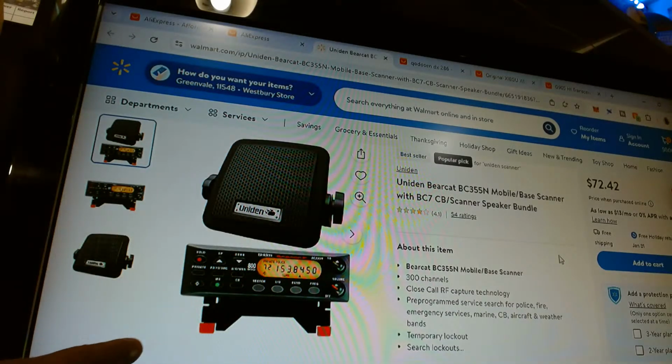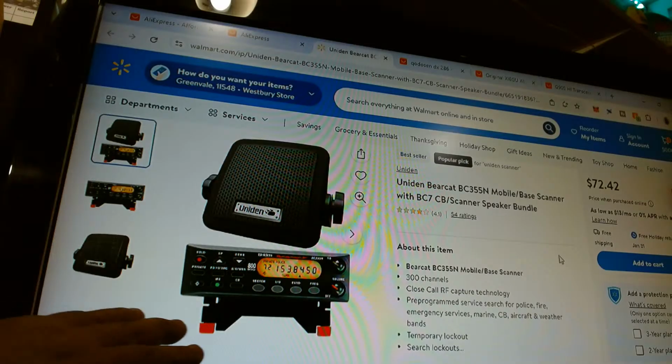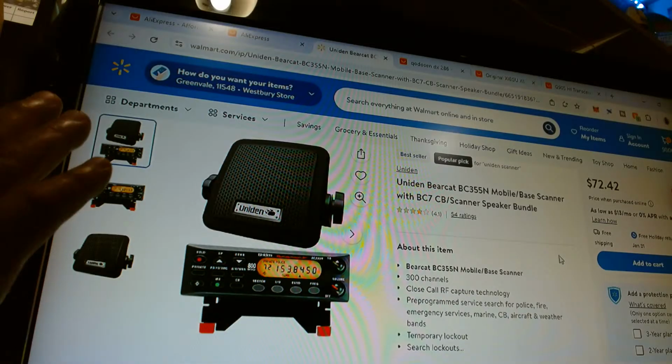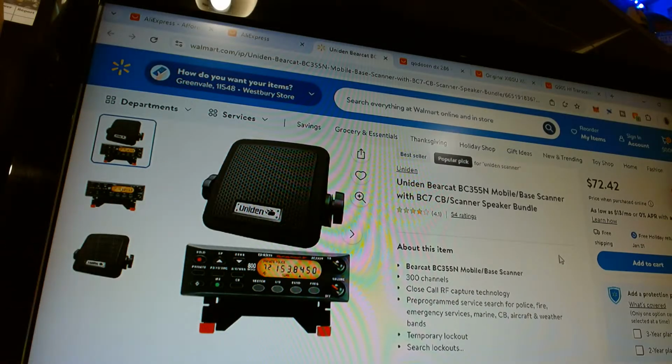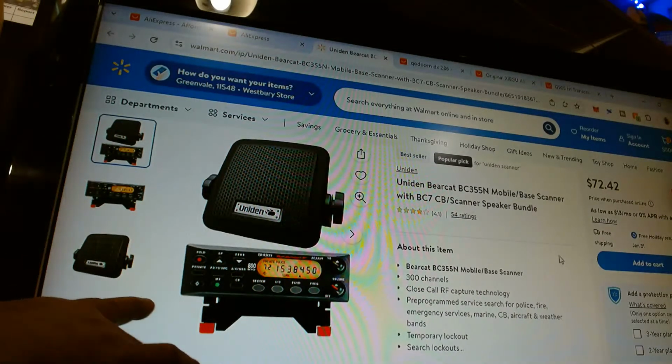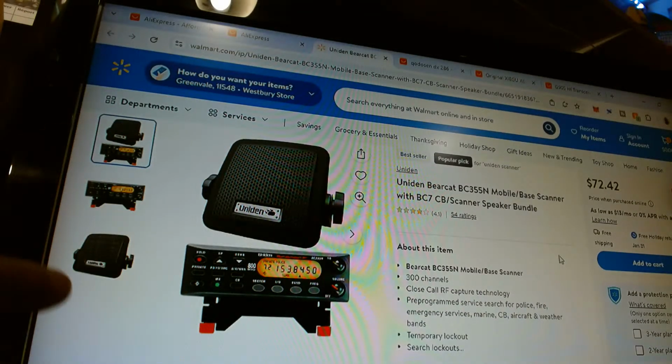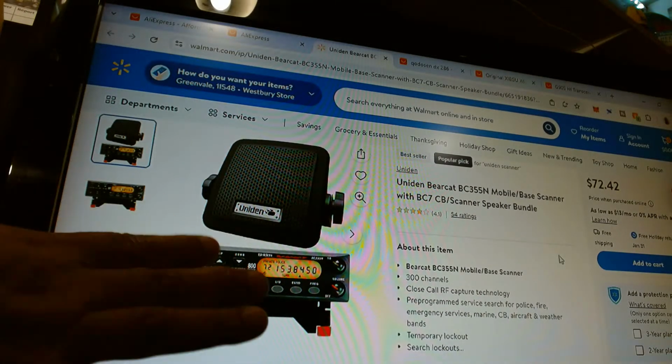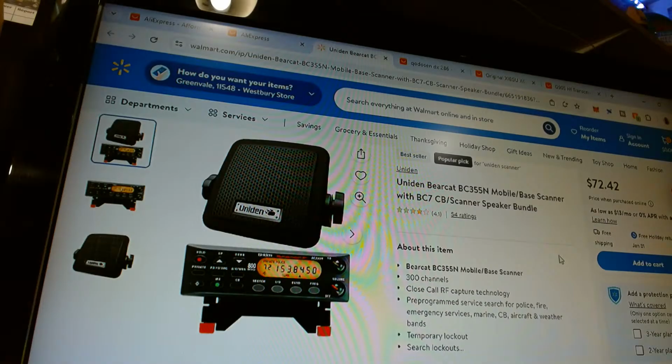Very easy to use. It goes up to 800 megahertz, so you can pick up pretty much everything. I picked up a lot of that. It's analog, okay, not digital. I don't look into digital scanners. I heard a lot on that scanner with the discone that I showed you. With the discount, you're good to go, and you're getting that speaker.